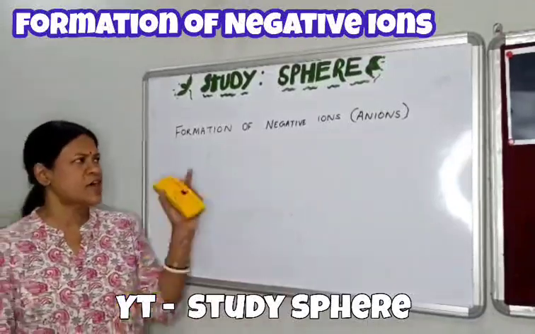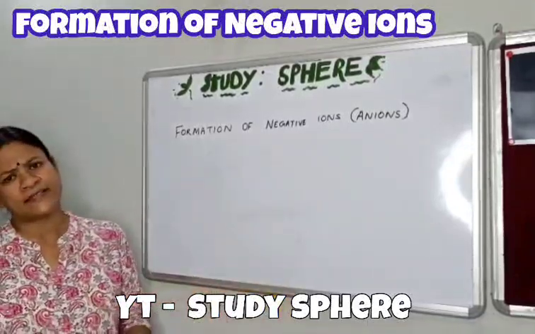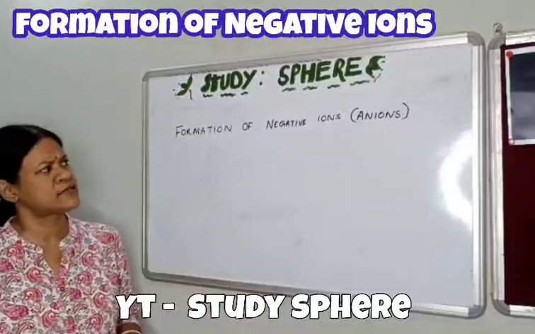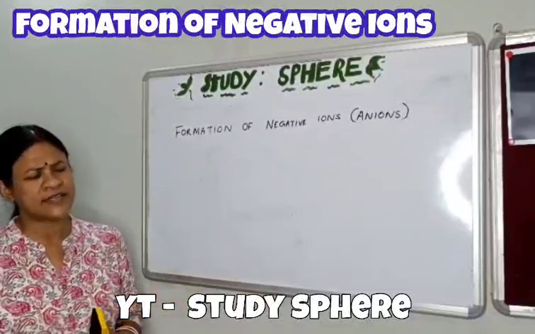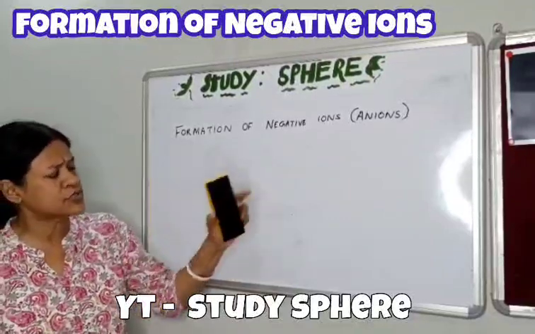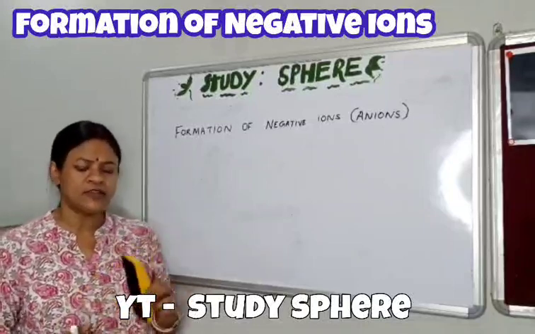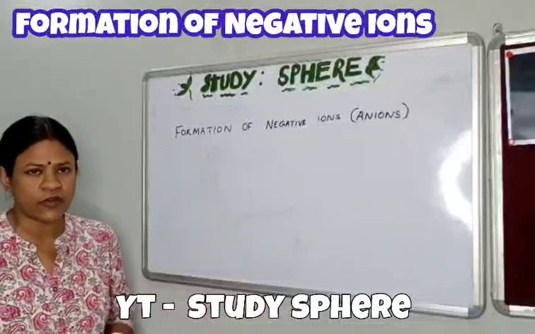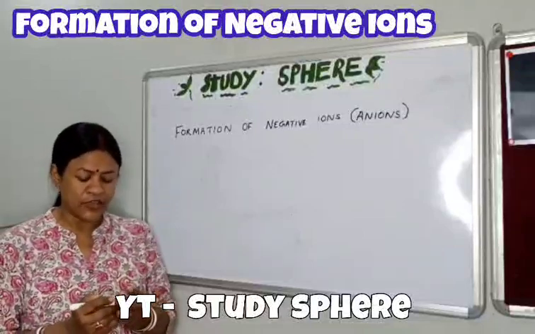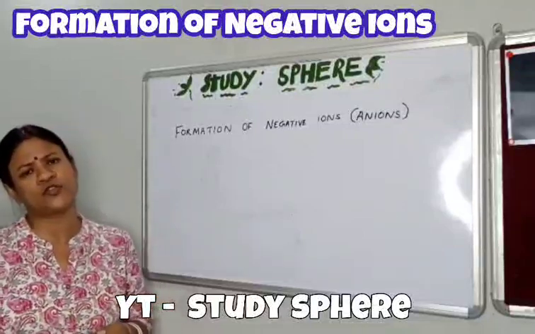Now we will discuss how you can form anions. You have heard about anions or negative ions. Let us see how you can produce anions. One more thing you have to remember: anions or negative ions always form in the case of non-metals. Now if you have learned the atomic number of elements, you have seen